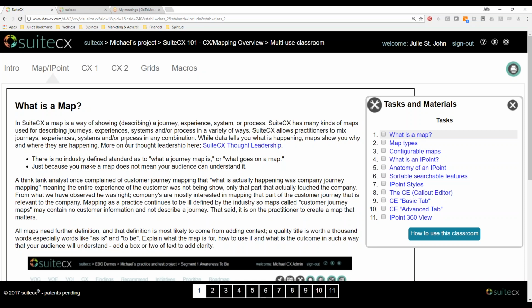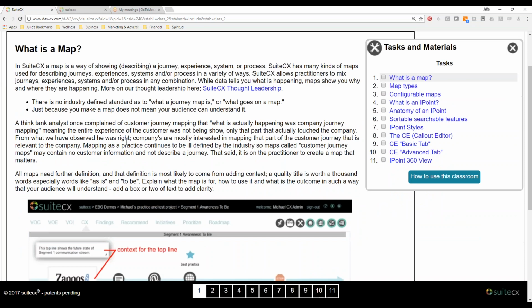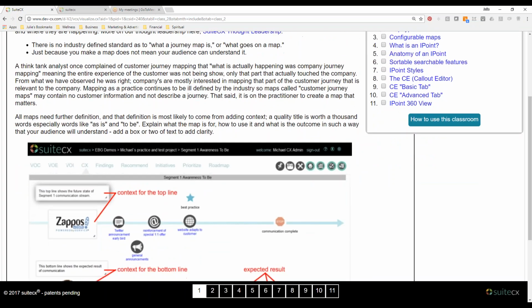So obviously you can tell there's a lot of storytelling creativity here. There really is no industry-defined standard as to what a journey map is or what goes on a journey map, so you're still working in a really nice open white space. And with that comes the caveat that just because you made a map doesn't mean that your audience can understand it, or that you're able to convey the right information or get them to take the right action. So this is where we really want to focus on storytelling